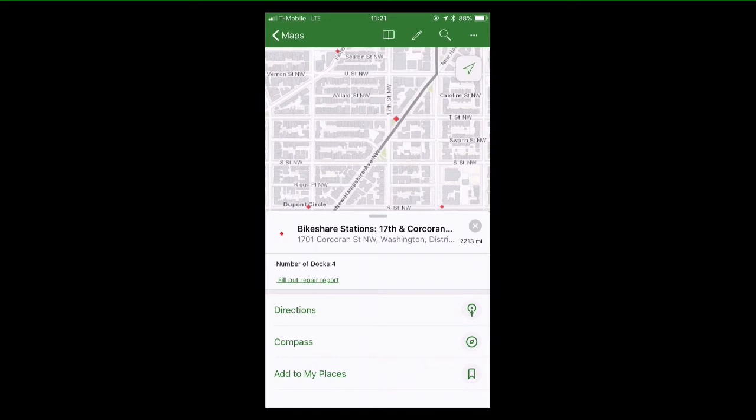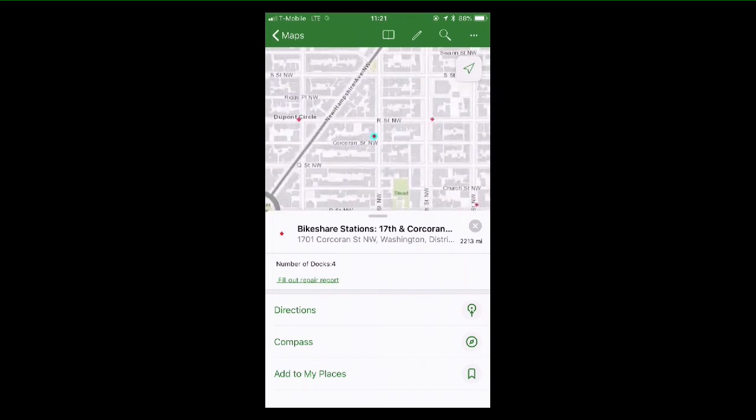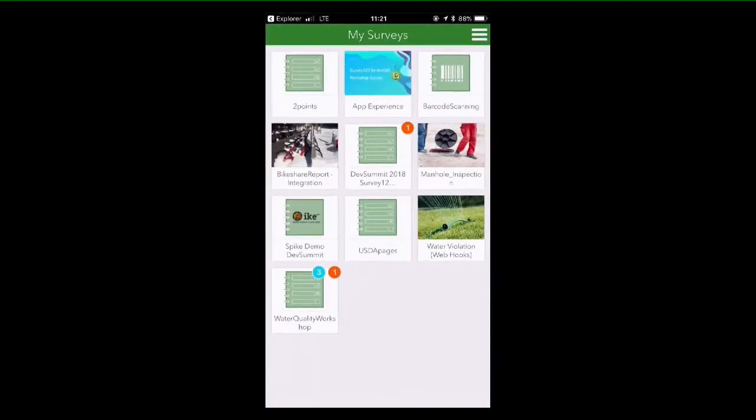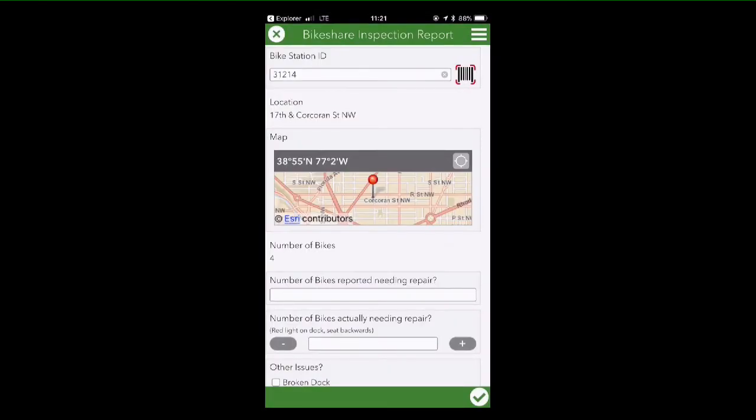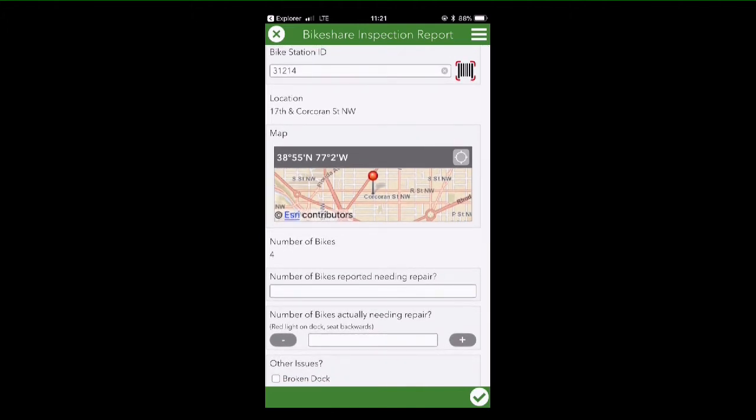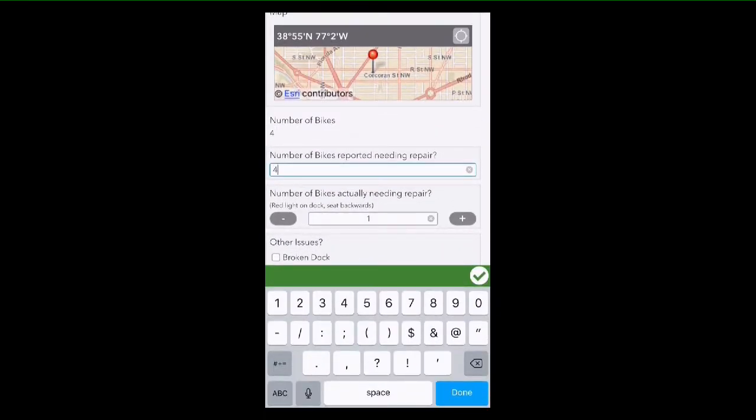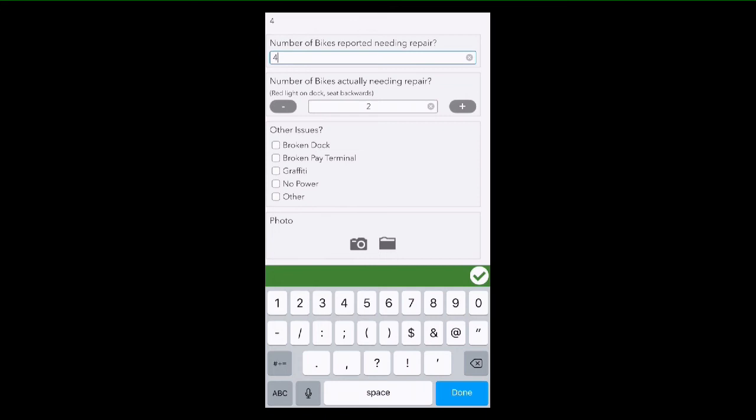So the pop-up here has a link for filling out a repair report. So note 17 the Corcoran, so it's right there. I'll fill out the report, and we open up Survey123, and it opens to the form that you're interested in. Additionally, we have the bike station ID populated from that link, as well as you can see the map location with Corcoran Street. I can go in and then complete my report,